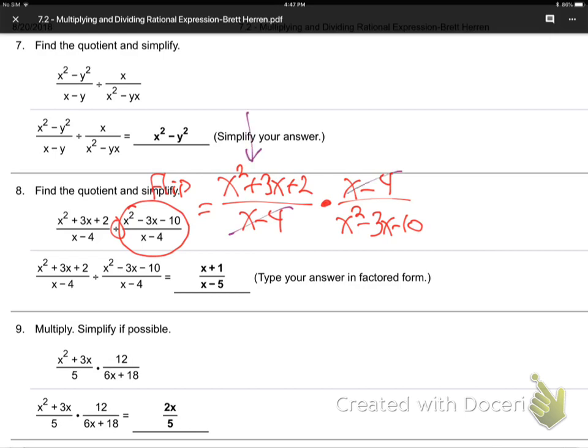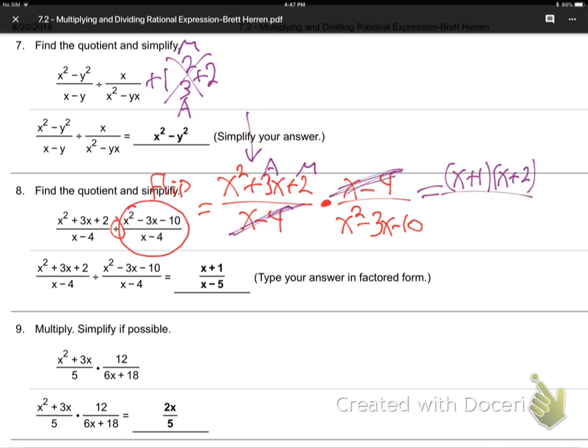Got to factor. So how does this one factor? We can do a diamond thing. Remember, it multiplies to be the number at the back, adds to be the middle. So it multiplies to be 2, adds to be 3. What times what is 2? 1 times 2. Everything's positive here. 1 times 2 multiplies to be 2, adds to be 3. So this one will become x plus 1, x plus 2. These are gone, right? So I can just stick the other one. So it's just over 1 if you want, times, and then the other one,